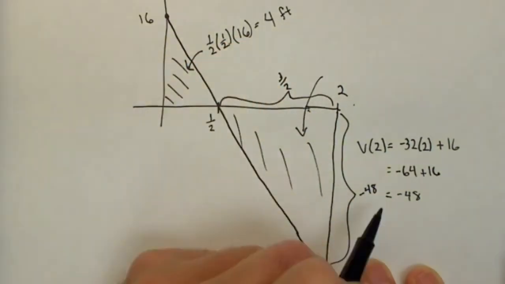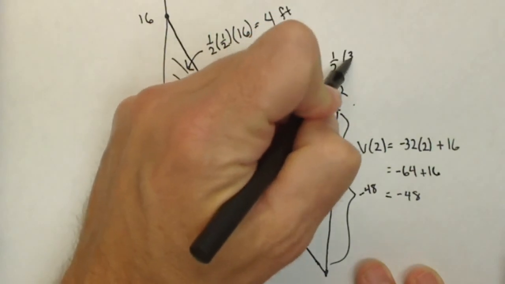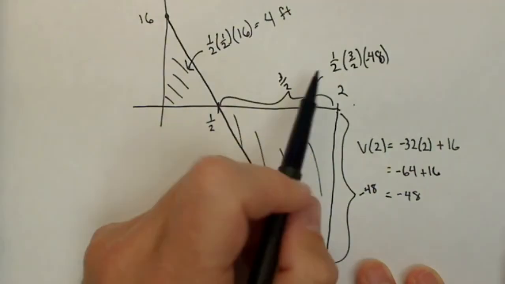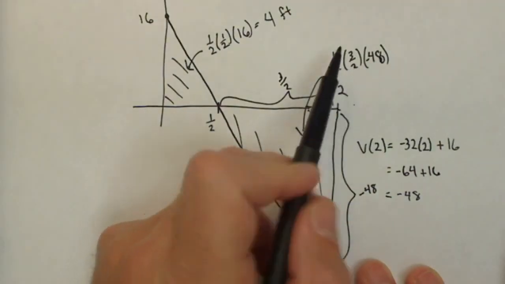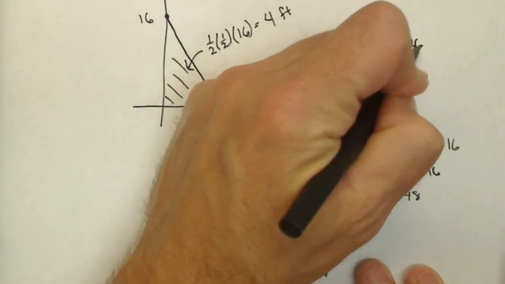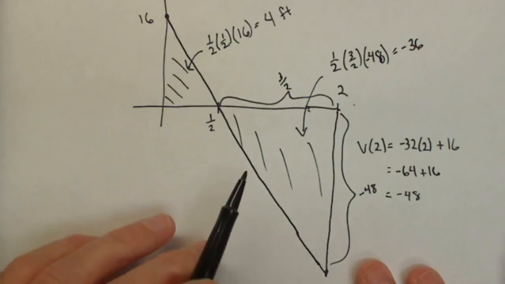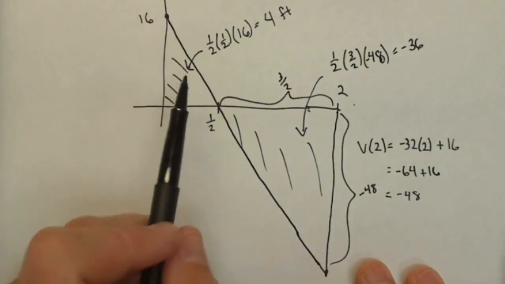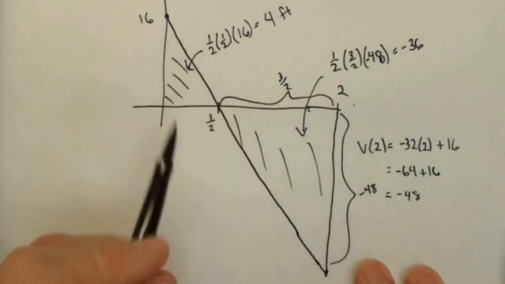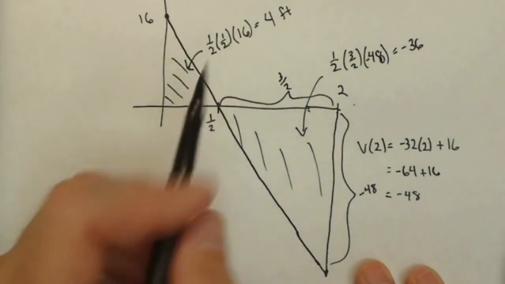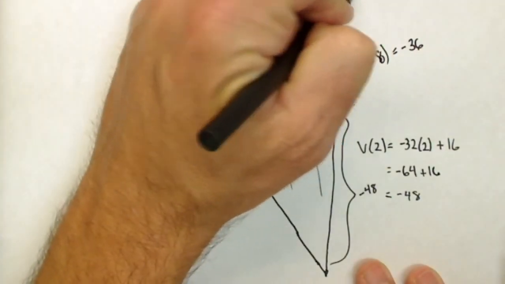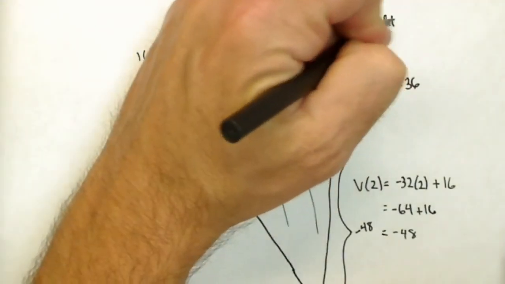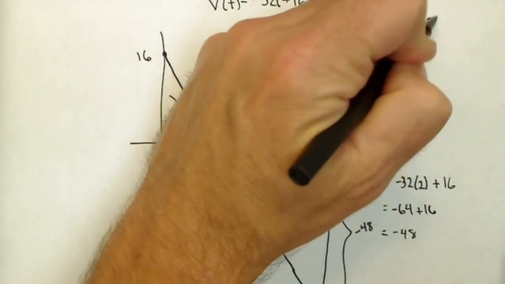So in calculating the area of this triangle, we have 1/2 times the base, which is 3/2, times the height, which is 48. And let's go ahead and keep the negative in there. So what we're going to have is negative 36. Remember what we saw earlier, the ball dropped 36 feet. So now we can figure out the total distance traveled. 4 plus our 36 is 40 feet, or we could also look at the integral from 0 to 2 of v of t dt, which we know is s of 2 minus s of 0,